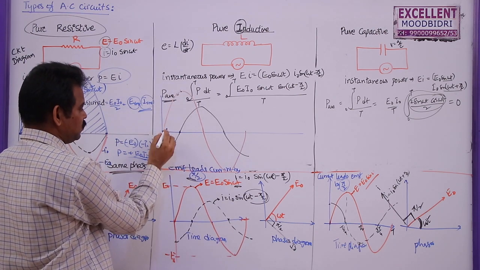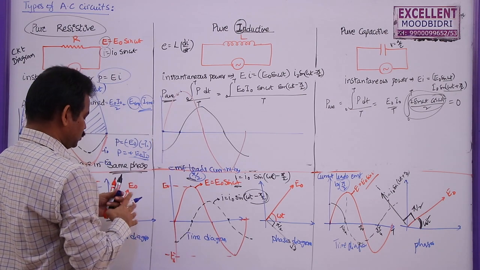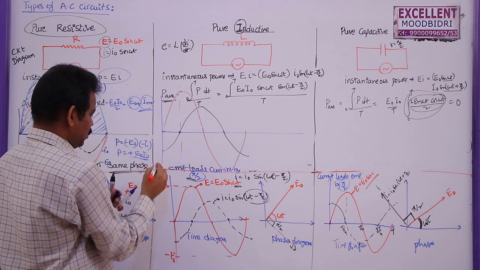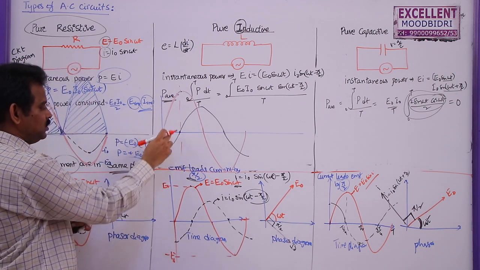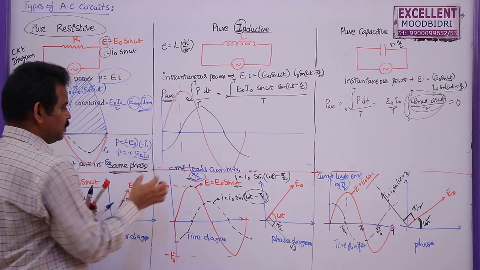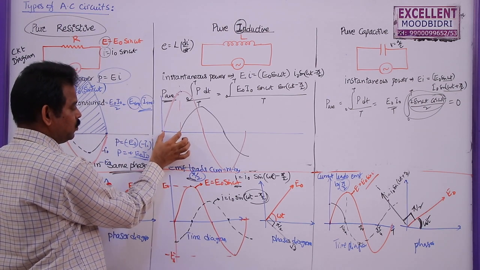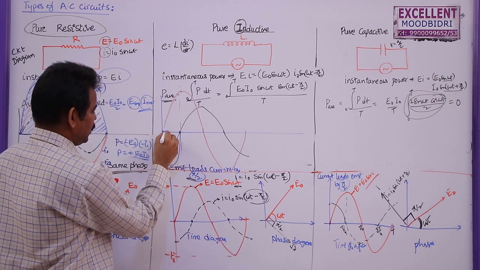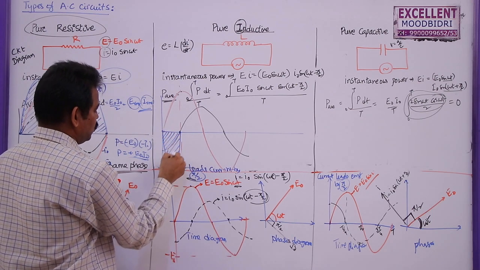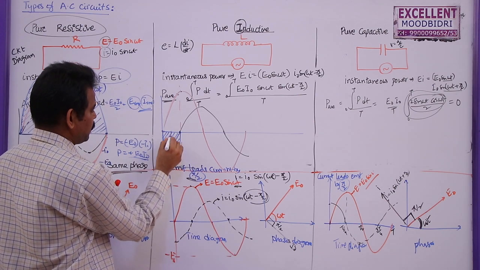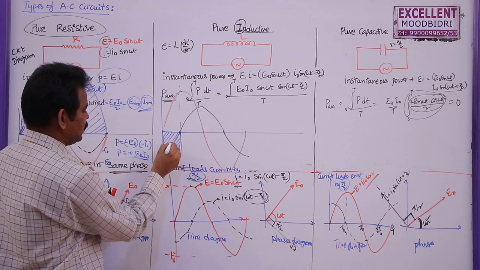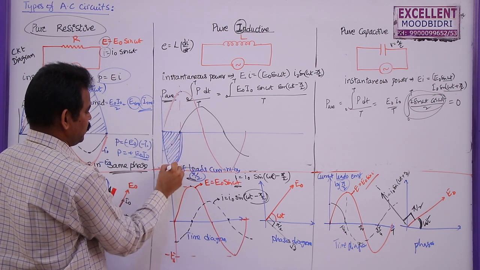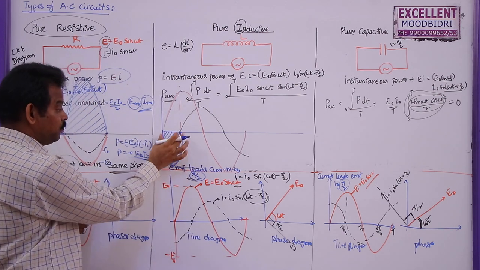But in this case you can see EMF is positive up to here, but current is negative. So plus into minus is always negative, but between these 2 points power is 0, at this point and this point. So the total power consumed in this case will be like this, which is equal to 0 here. Here this is minus, this is plus, this is minus, this will be minus here. So this is the variation of power here for the 1/4 of the cycle.